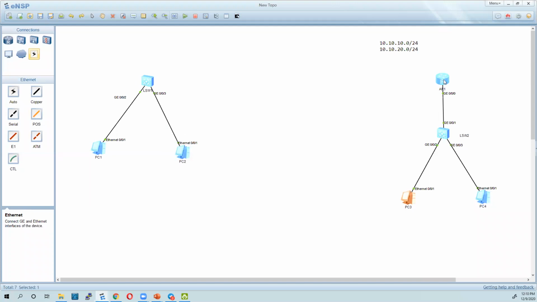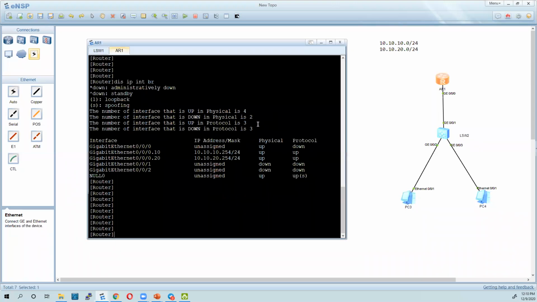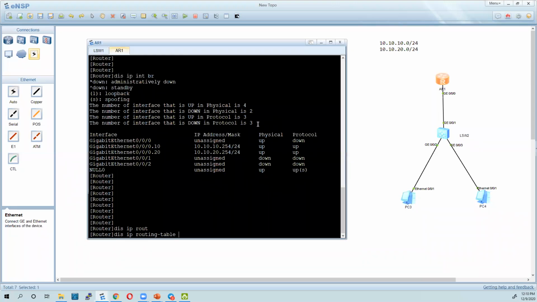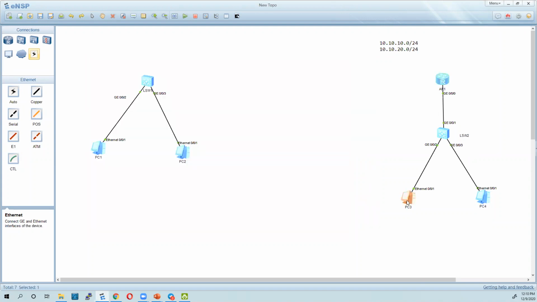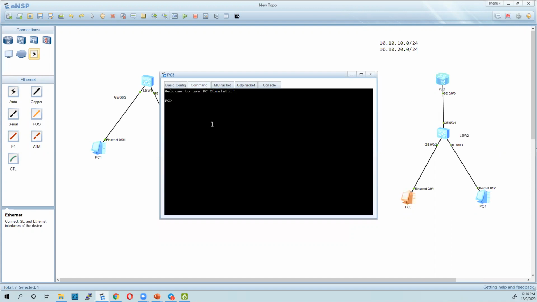Now, of course, this router has a routing table. Display ip routing-table, and you can see it is aware of the 10.10.10.0 network, with interface GigabitEthernet 0/0/0.10, and the 10.10.20.0 network, with interface GigabitEthernet 0/0/0.20. With that known, we can assume that this PC should be able to reach that other one.